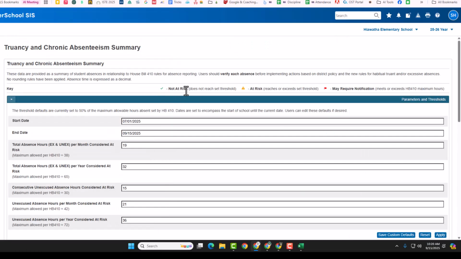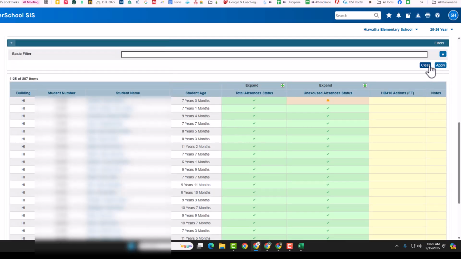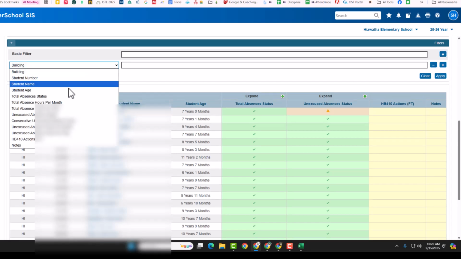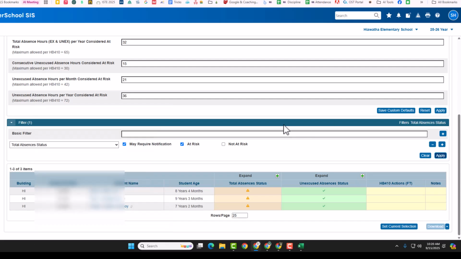Once again, we have these not at risk, and then may require notification. So those are those flags that we need to keep in mind. These threshold, you just ignore this, and we're going to scroll down here. Now, that filter that I like, and you could play with the different filters, is I'm going to do total absent status. Now, like I said, you could add multiple filters here too. I'm going to do may require and at risk, because the not at risk, I'm not worried about them. I'm going to click apply, and now I have 3 students